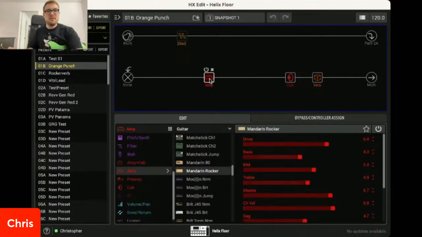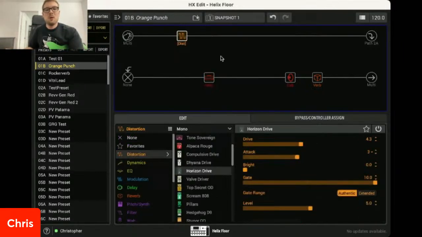So my bass tone is the Mandarin Rocker amp, which is a higher gain amp, but really fat sounding. Lots of bass in the sound and a lot of gain already. So what the Horizon drive is going to do with the settings I have for it is basically the attack here is pretty much a bass cut in a way. So it's going to tighten up the sound a lot. And then the drive is almost halfway. So it's not going to add too much gain because the Horizon drive in itself isn't that much of a gain pedal. It's really more a